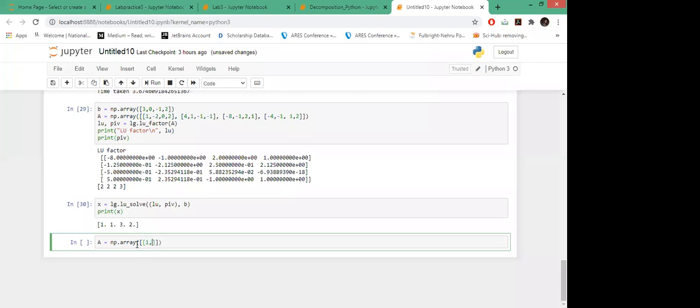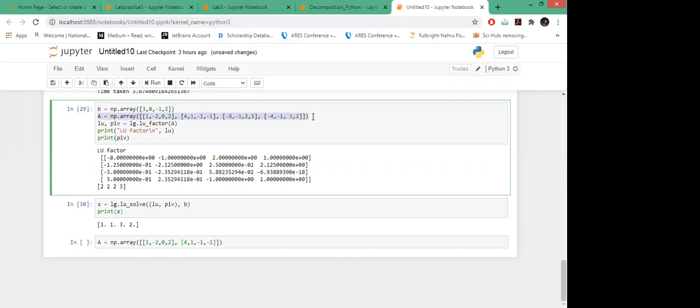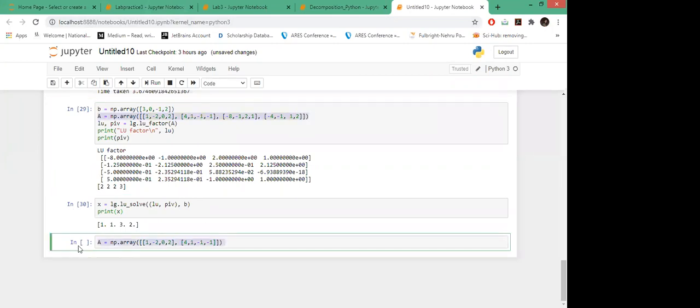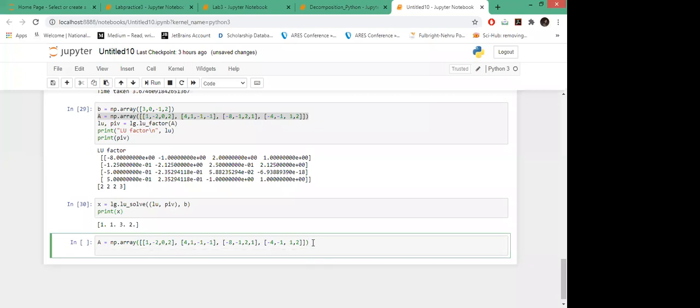So suppose this is, and then we have, so I can just use the same A, but here I need to redefine the B. Okay. So I'm taking this B as the identity matrix. So how I can define the identity matrix in this?